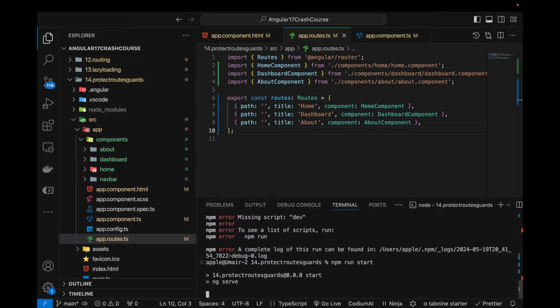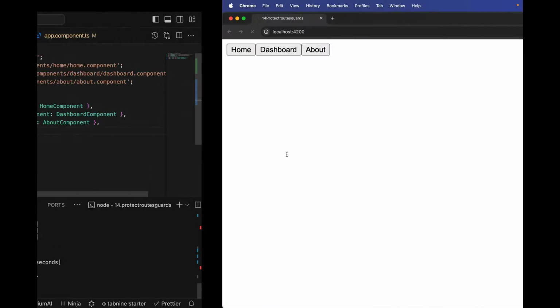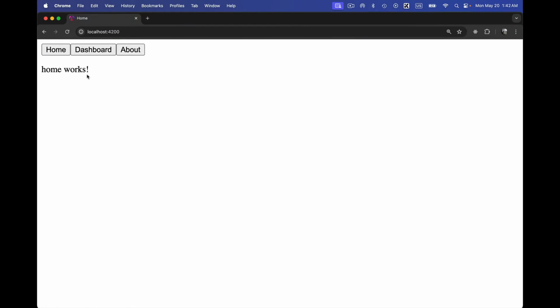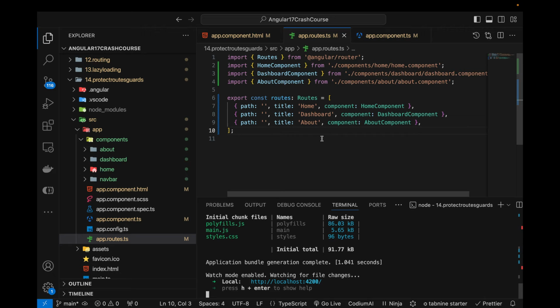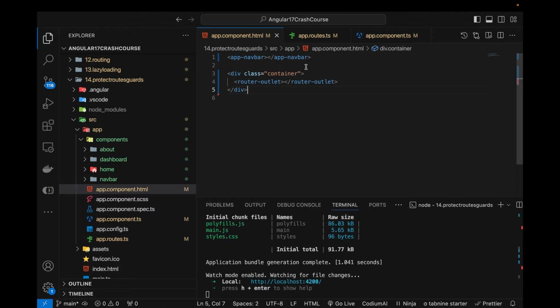npm run start actually. Okay, so it's building. Let's go, and you can see that the home works. Let's click on the dashboard. Actually, it's not getting visible. Let's see. So we have this home dashboard, and we have this nav bar, and nav bar should have